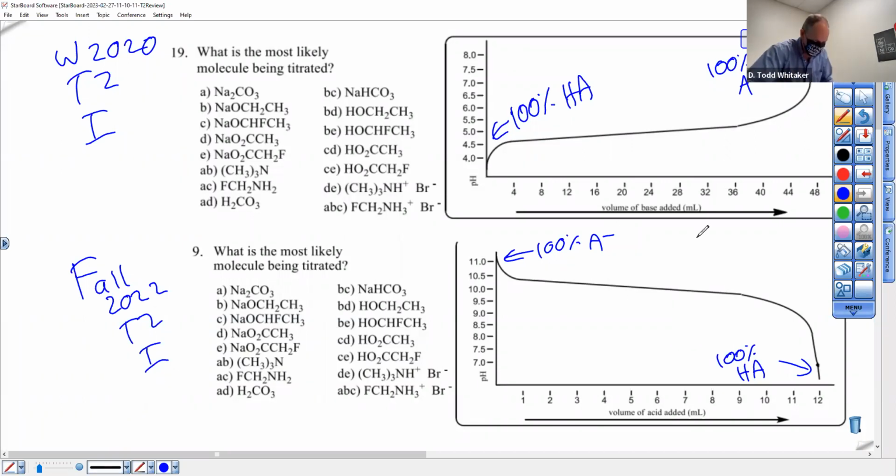We titrate acids with bases, and we titrate base with acid. Okay? Good stuff. And the most important part on both graphs is when you're half done. That is the most important part. So when we're half done,